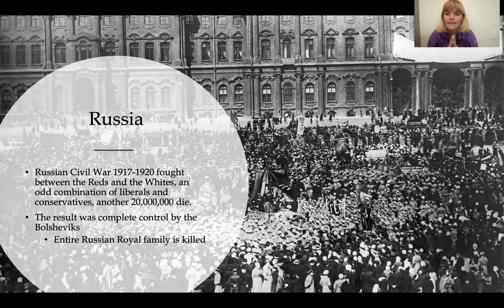And here is where, again, people get their history tripped up. People seem to think that in 1917, the provisional government kills off the Russian Tsar, but that's not true. Anastasia and Nicholas and Alexandra, that sort of Romanov family, they're actually killed as a result of the Bolsheviks. So once the Bolsheviks, the Russian communists, take over the Russian government, they are trying to kill off these non-communists, these liberals and conservatives that are fighting back against them. And they just go ahead and kill off the entire Russian royal family.